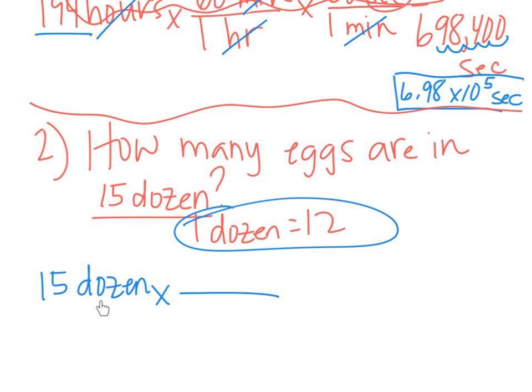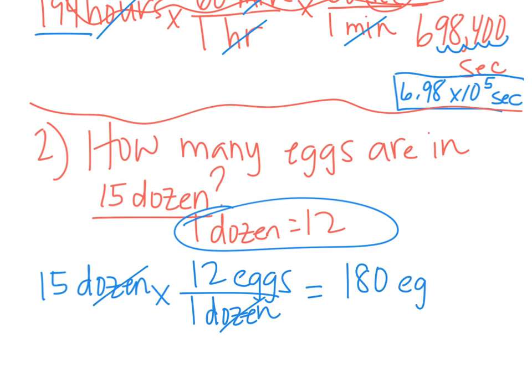All right, so if we start off with dozen here, then that means I want the dozen on the bottom so that my units cancel. So 1 dozen on the bottom equals 12, and I should put eggs here because that's what we're talking about. All right, so notice that dozen will cancel, and then all we have to do is multiply by 12. Okay, so you should put this in your calculator also. So 15 times 12, and I get